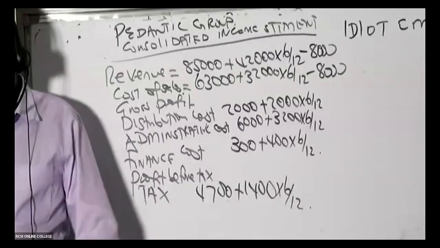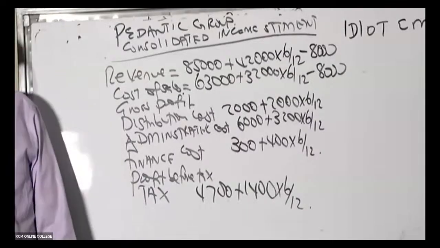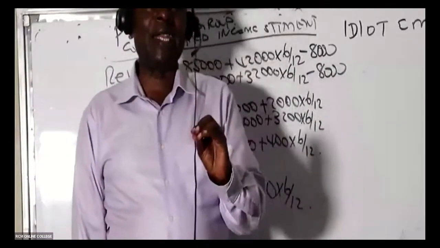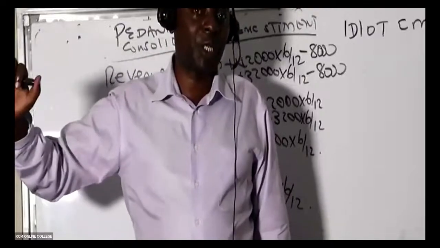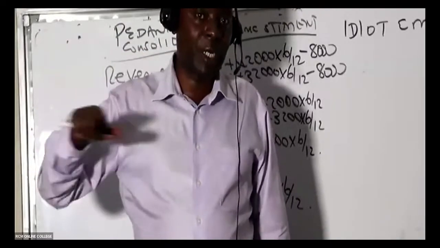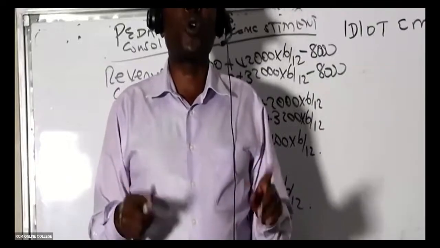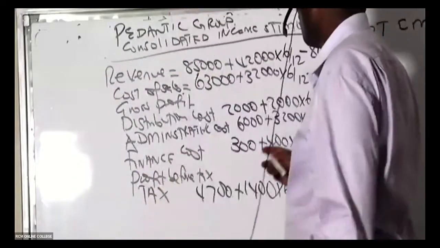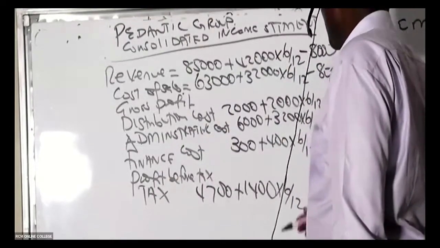It is the same question that you have done. Was it 800? Yes, 800. Remember, whenever we get UPS, the unrealized profit, it should be deducted from the group's inventory in the balance sheet and added to the group's cost of sales. So when you go to the cost of sales of the group here, you say plus 800.